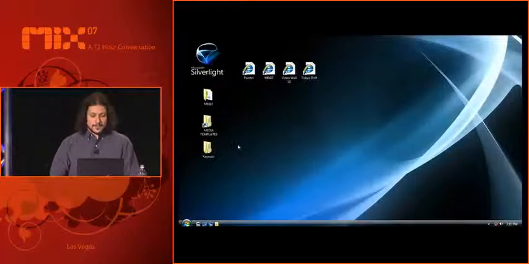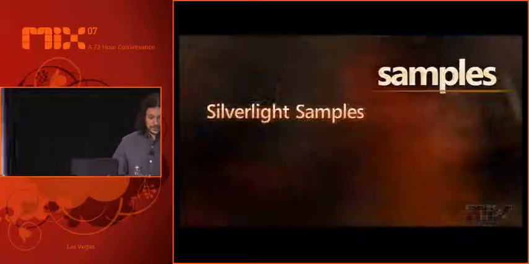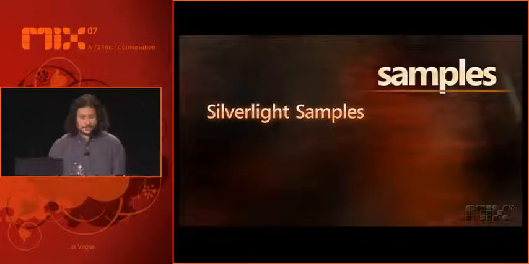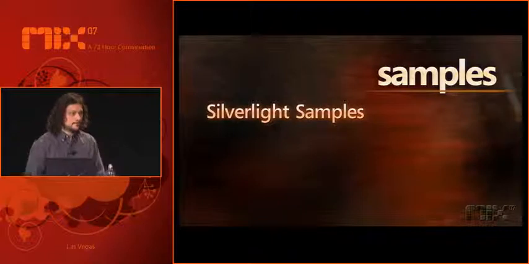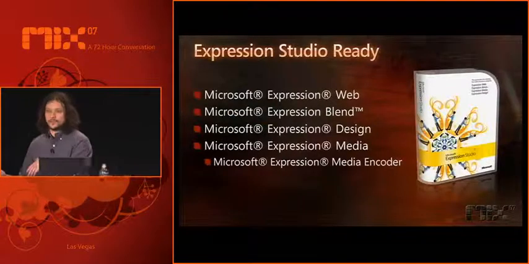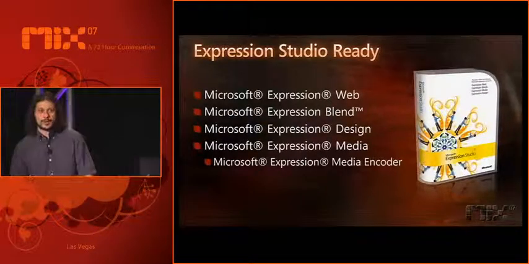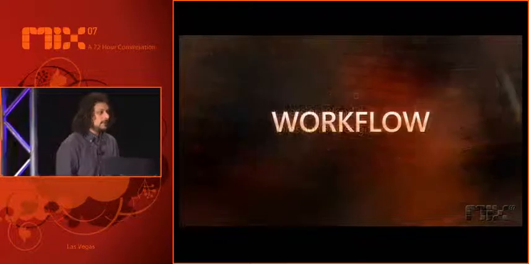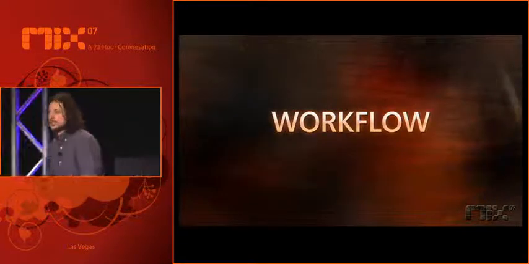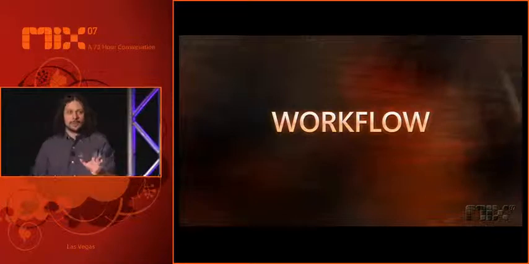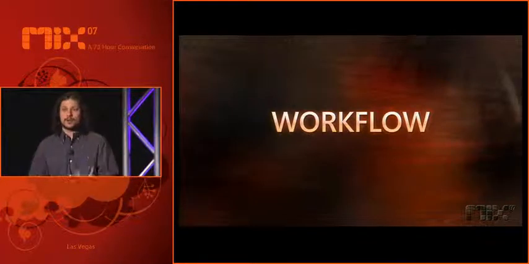So let's see how we can start doing something like this. So let me just jump here and see if I forgot anything else. Okay, so of course all those samples were built using those products that I just mentioned. And before jumping to the samples itself, let me talk a little bit about this new workflow that